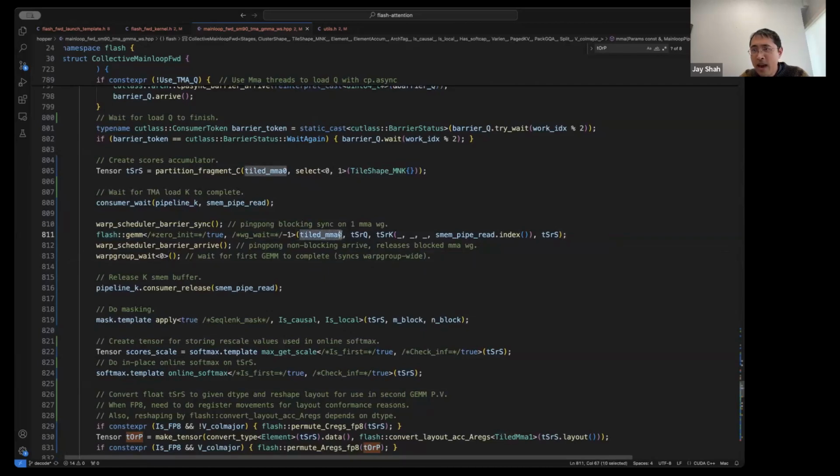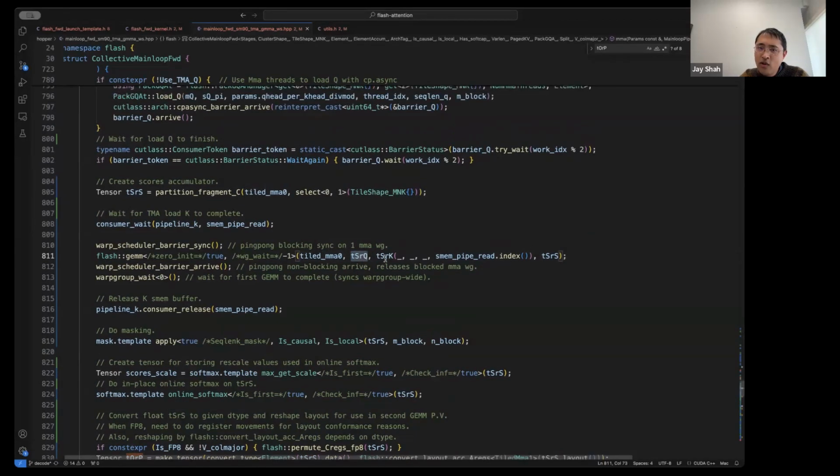That takes in the tiled MMA object, and the descriptor on Q and on K with the relevant stage for K, since this has the last mode as its stage, and it accumulates in S.